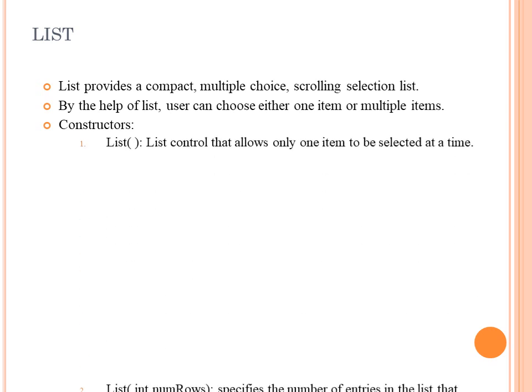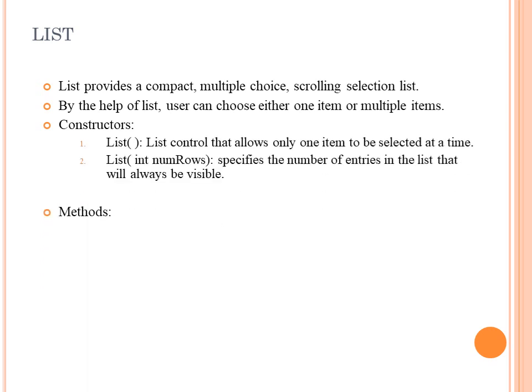The various constructors that we are going to see over here: the first one is list, which allows only one item to be selected at a time. Then the second one is list with int numRows, that is multiple rows. It specifies the number of entries in the list that will always be visible. If you want to visibly show 3 rows over here, you have to mention the integer,